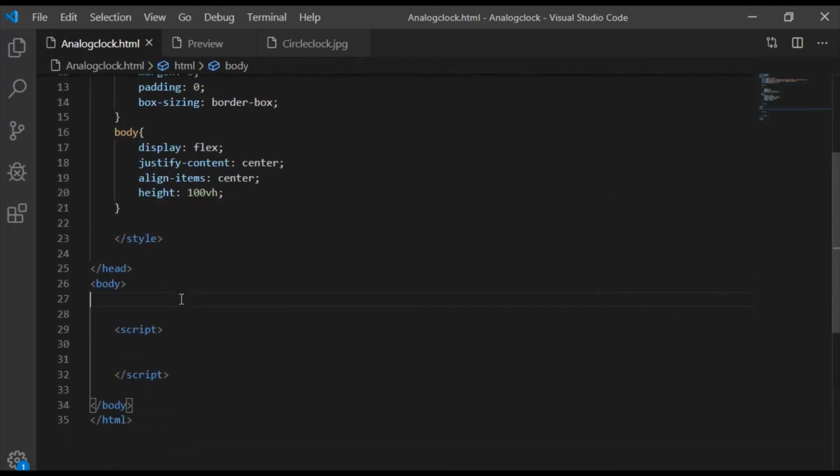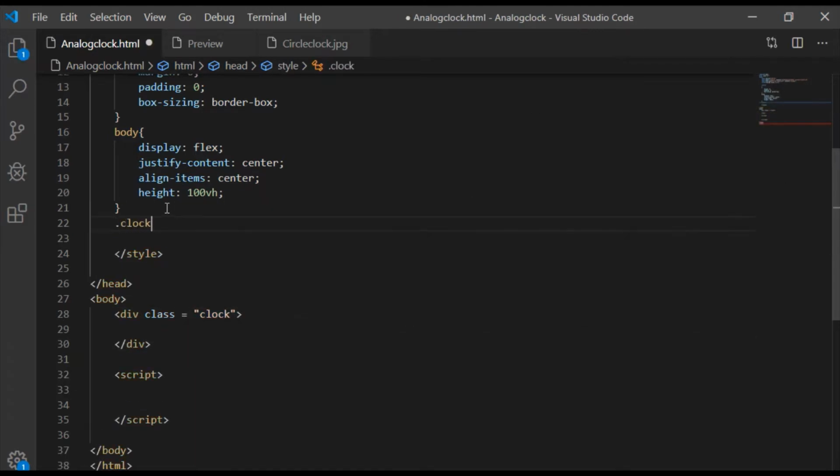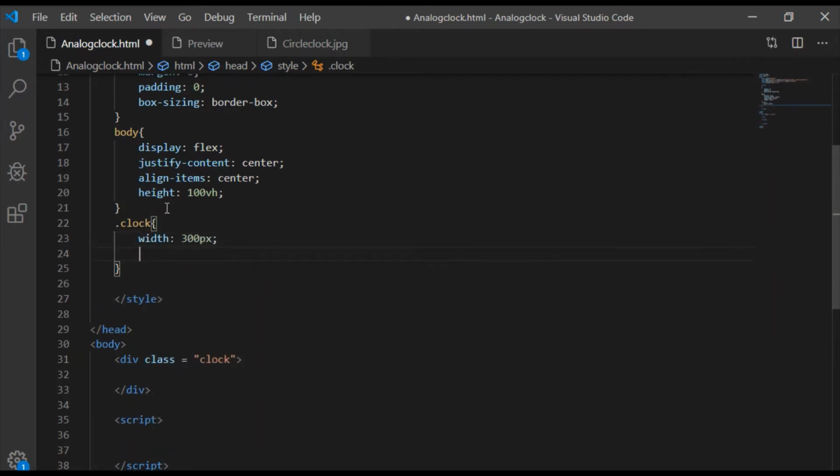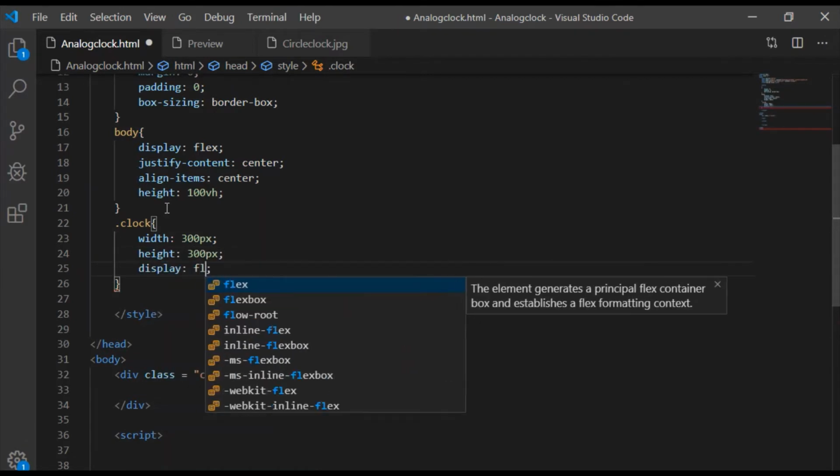Now we will have a container class called clock. So div class clock, this is a static class. The properties for our clock class shall be a width of 300 pixels and a height of 300 pixels. We need this to be in the center of the page.